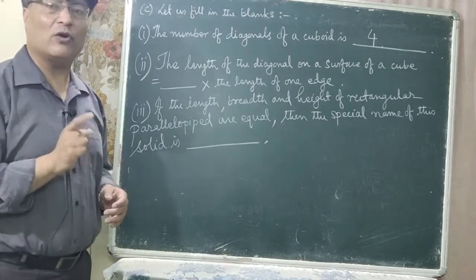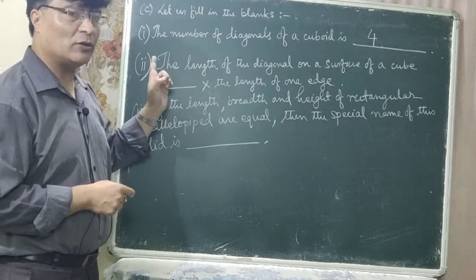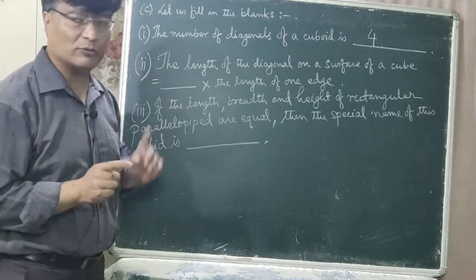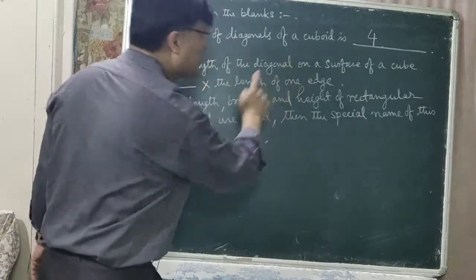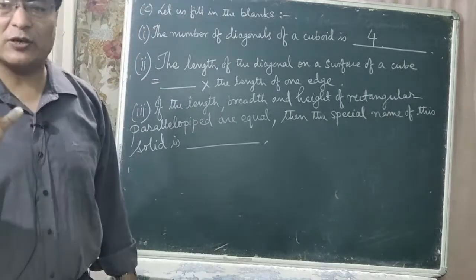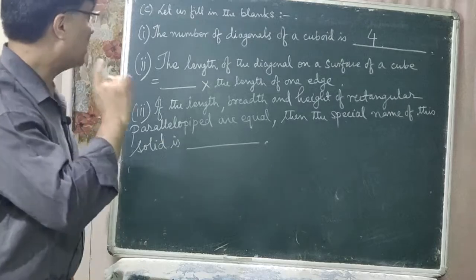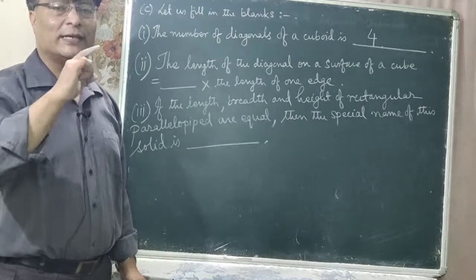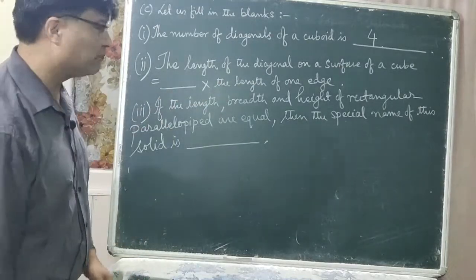Length of diagonal of a cuboid and cube. क्यूबको length of diagonal कति हुन्छ? क्यूबको length of diagonal हुन्छ √3 into length of one edge. यहाँ √3 लेख्नुहुन्छ, रङ हुन्छ नि फेरि यहाँ। Question राम्रोसँग पढ्ने: The length of the diagonal on a surface of a cube. एउटा क्यूबमा 6वटा surface हुन्छ। On a surface भनेको एउटा मात्रै surface मा चाहिँ the length of the diagonal on a surface of a cube is equal to √2 into length of one edge भन्दैछ। ठिक छ।